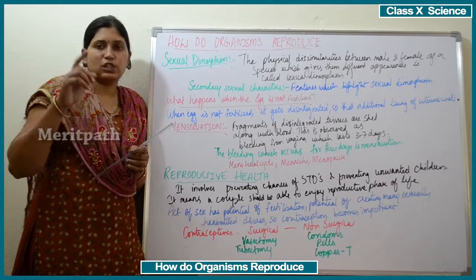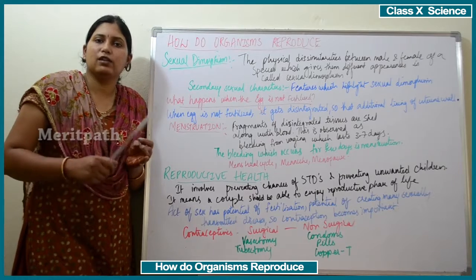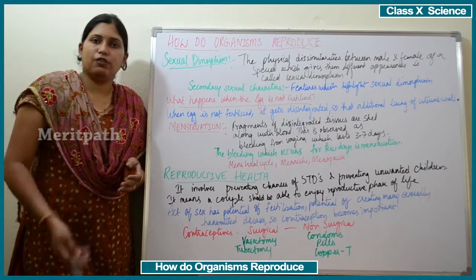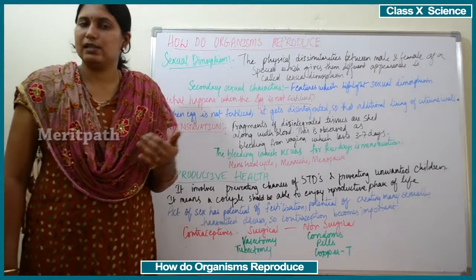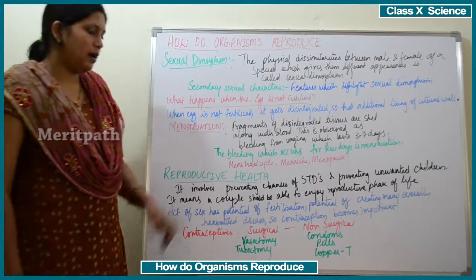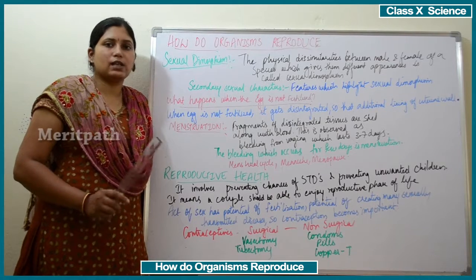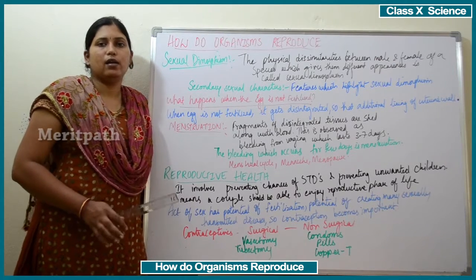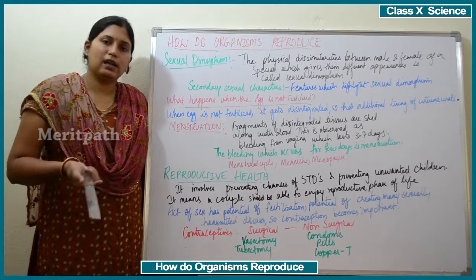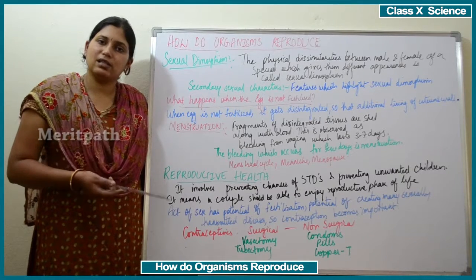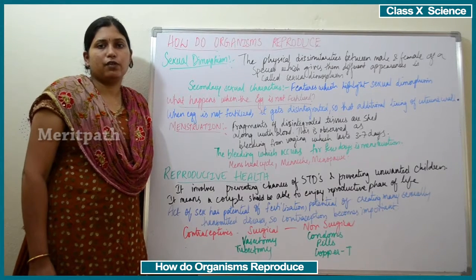Female feticide affects the child sex ratio in India. The child sex ratio should always be balanced between male and female children. Because people are killing the female fetuses, the child sex ratio is being affected. The males are becoming more and the females are becoming less. That is the reason the government has banned the determination of the sex of the fetus. It is a crime now in India. No hospital allows it, and nobody will tell you whether the fetus is male or female. So female feticide is a major concern in India as of now, right?